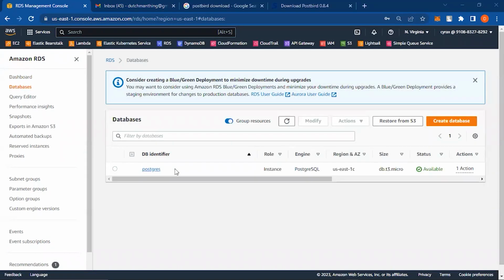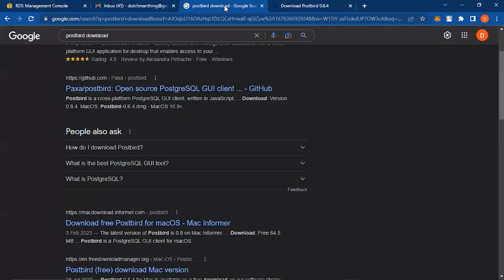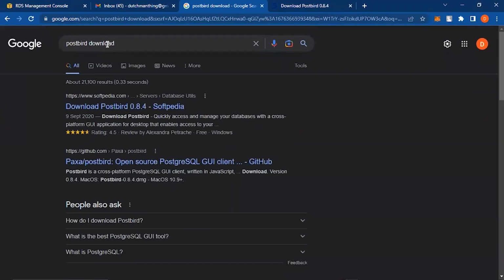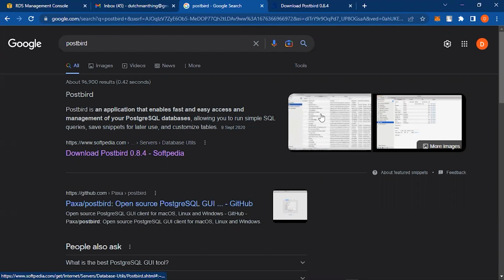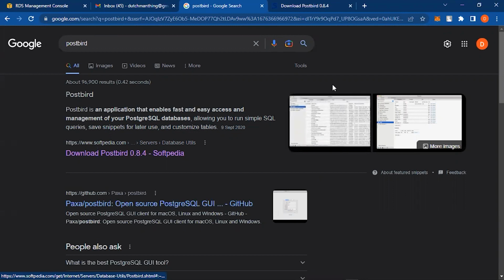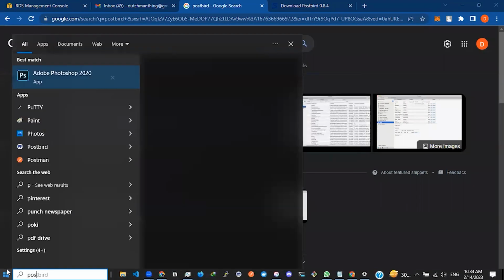Databases. Okay, so to access this Postgres instance, you have to use something called Postbed. Postbed is an application that enables fast and easy access and management of your PostgreSQL database. I'll put the link in the description below for where you can download the Postbed software. So I have that downloaded already. So Postbed,